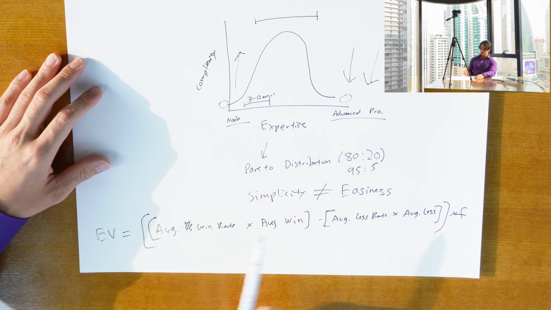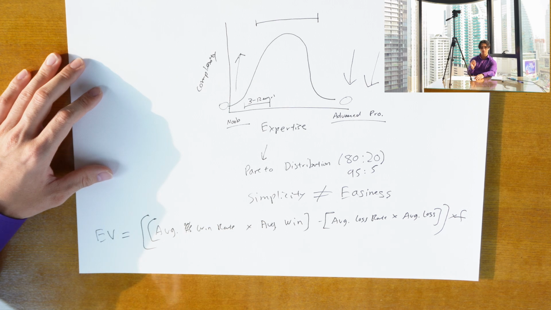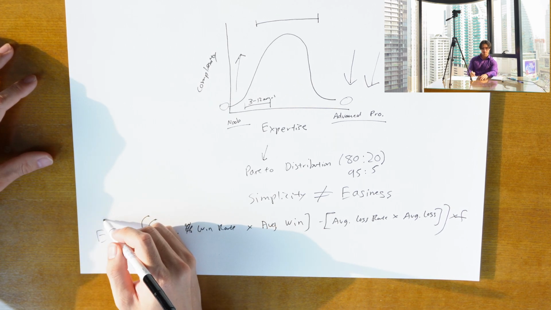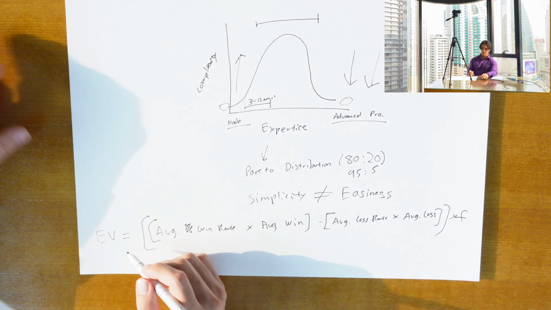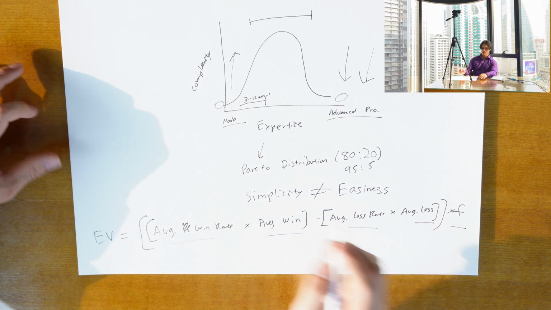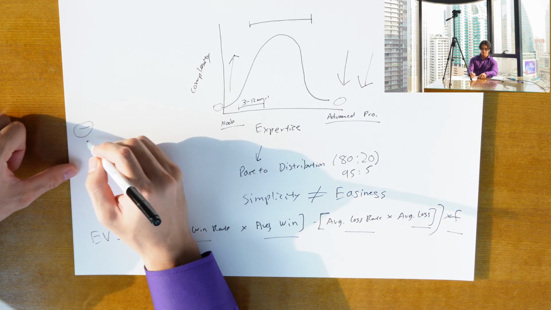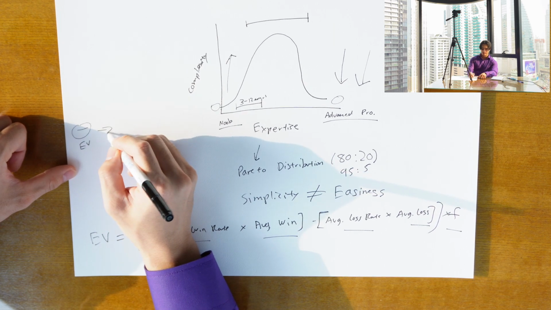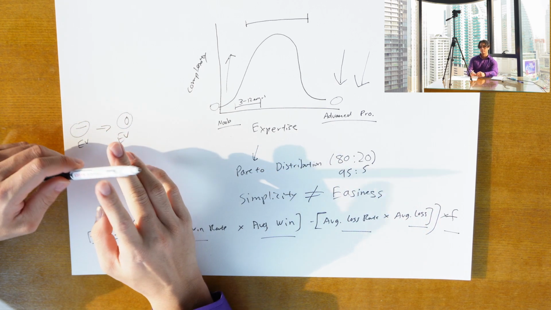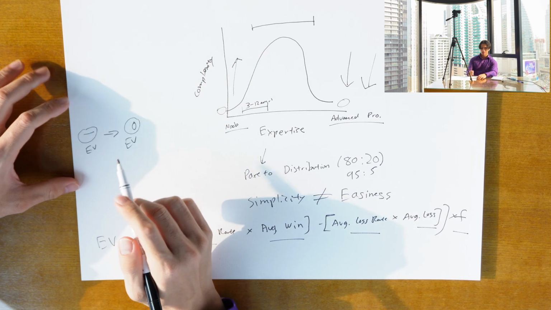But it takes years to optimize this equation for your own makeup and psyche in order to maximize the expected value, because that's what all trading is, right? You're maximizing expected value by playing with these parameters. And to go from a negative EV to basically flat is actually a significant accomplishment. Maybe only 10 to 15% of people actually get to this level, right?